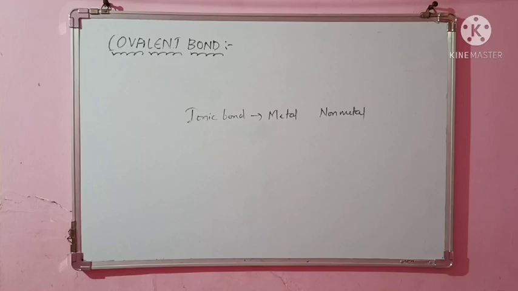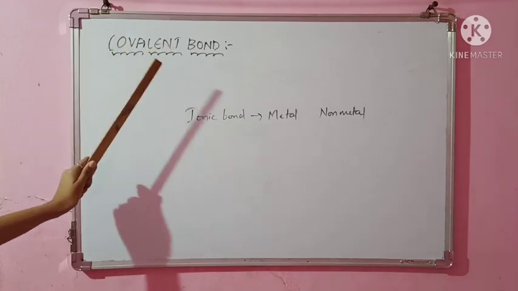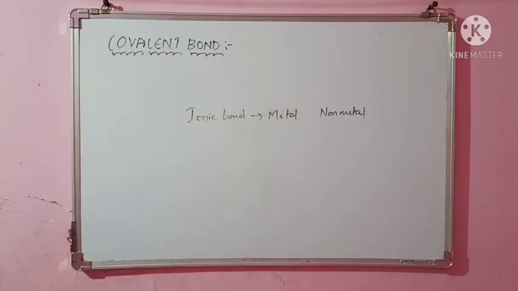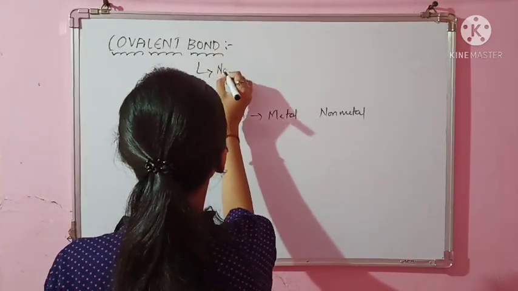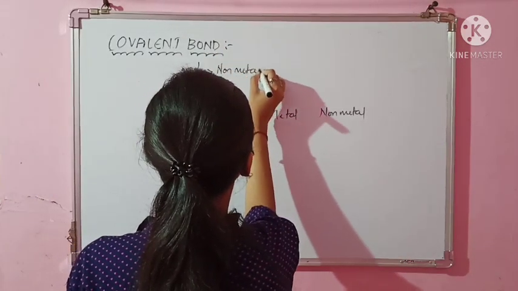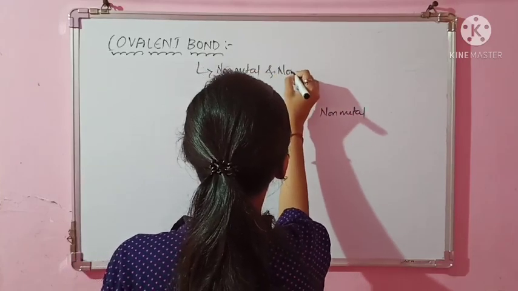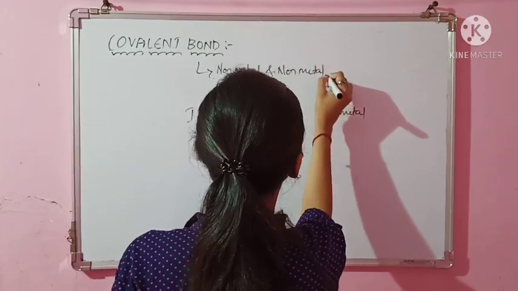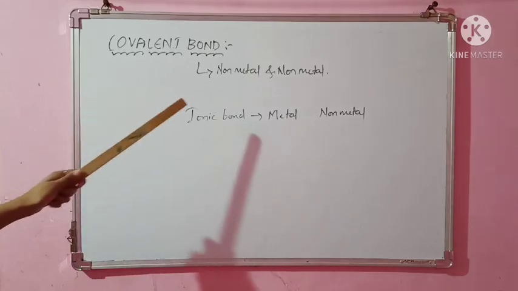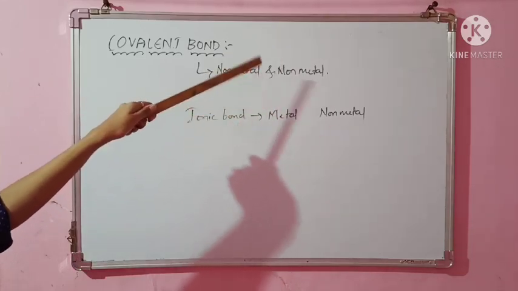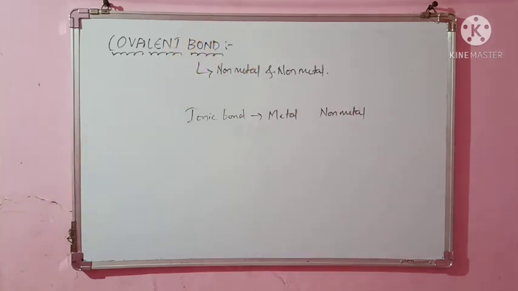Then what is a covalent bond? Covalent bond means here there will be no metal and non-metal, but both will be non-metals. So here the force of attraction is between non-metal and non-metal. This is the point to be remembered. You have to consider two non-metals, and whatever the force of attraction, the two non-metals together are bound by